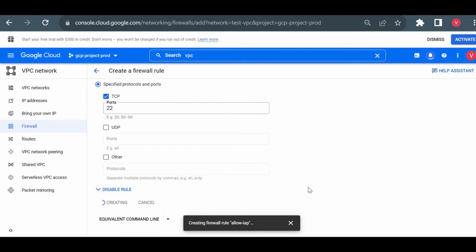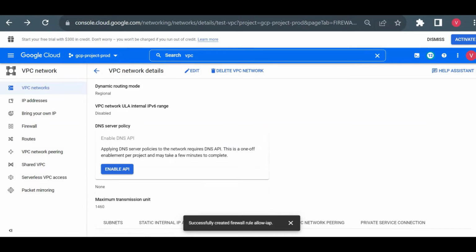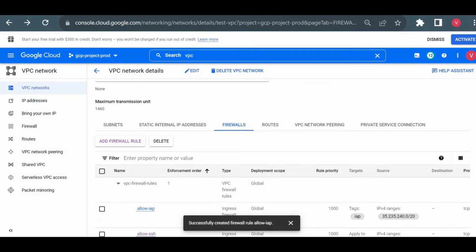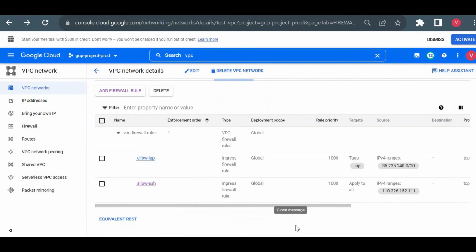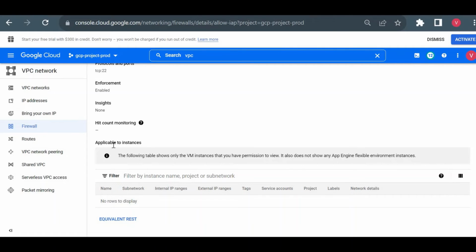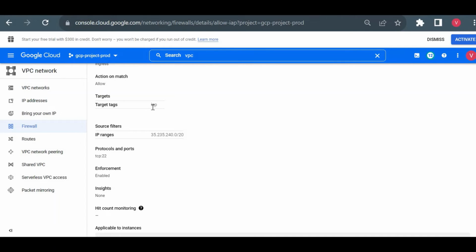Okay, now we'll see how these network tags will work. Now I want to show one more thing in firewall. So don't worry if this video is getting longer. I just want to cover all the basics related to GCP networking. So here if I click on allow IAP firewall rule, and here I will show applicable to instance. So this firewall rule is not applicable to any of the instance in our network. Why? Because we applied rule on this IAP network tag, and this network tag is not present to any of